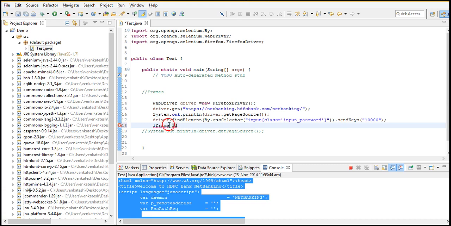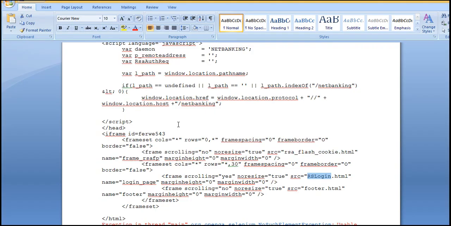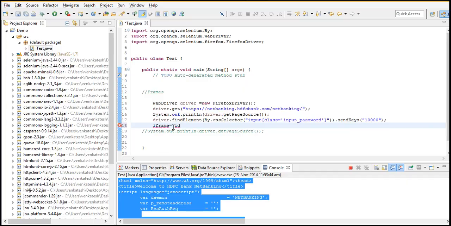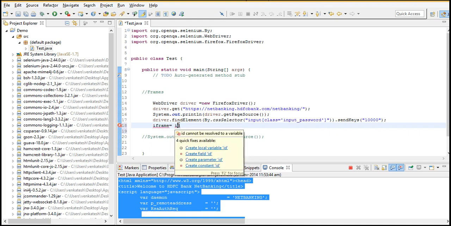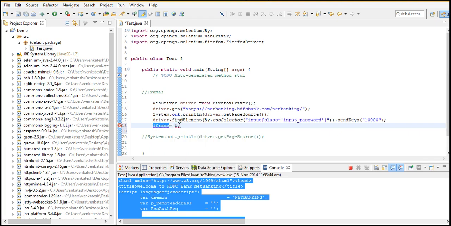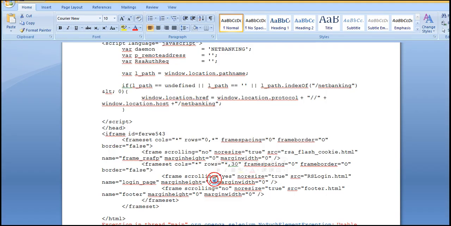I'll come back to this step. If there is an iframe, he will definitely give the ID of this, right? If it is a frameset, people generally don't give any IDs. Why do we need the ID? To find this frame uniquely, because for Selenium we need to tell how to identify that frame. To identify it, we need some unique attribute of that frame. In the case of iframes, the dev team specifically gives the ID attribute. With that we will be able to catch that frame and identify our web elements. But in the case of framesets, there will be no IDs given in 99% of cases.